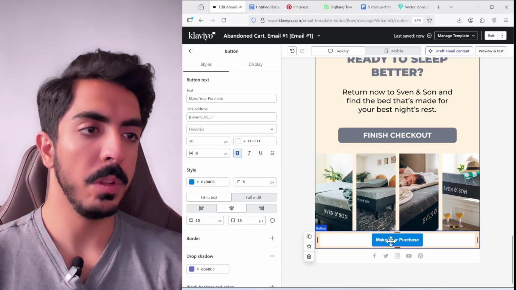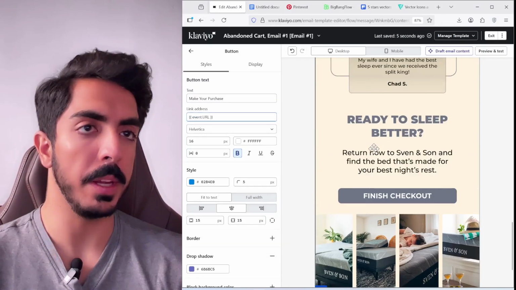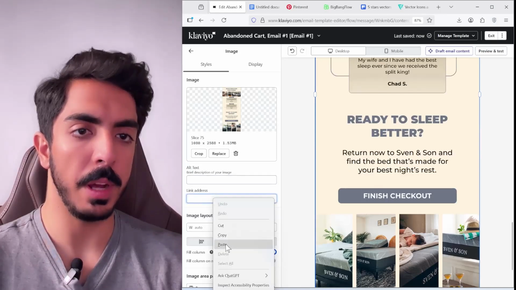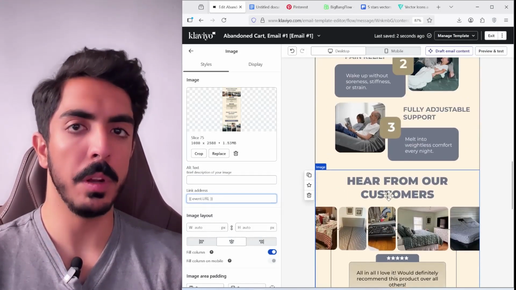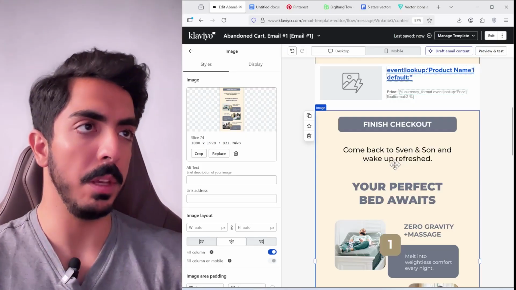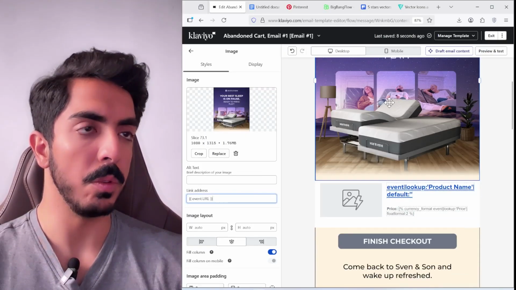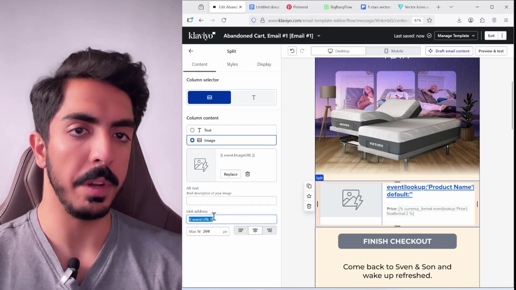And we can use the link on this button, which says events.url, and copy that. And for all of this section, we wanna have the same link. We don't wanna link the abandoned cart email to anywhere other than the person's cart. To make sure that we reduce the friction, also want to have it here,